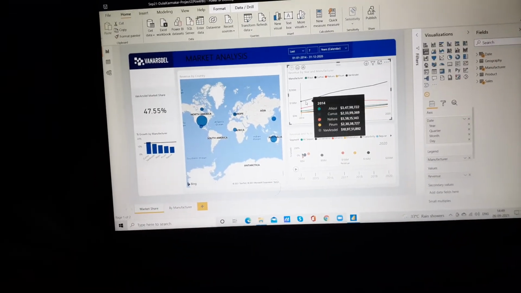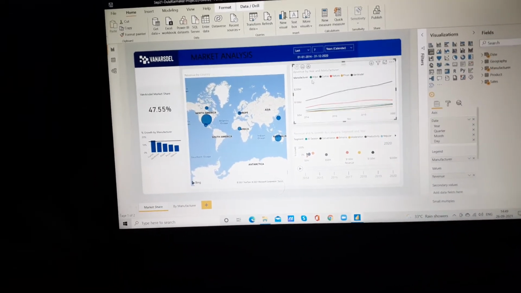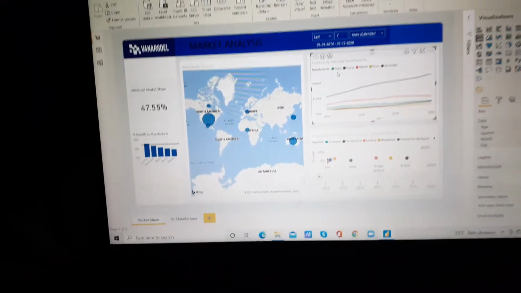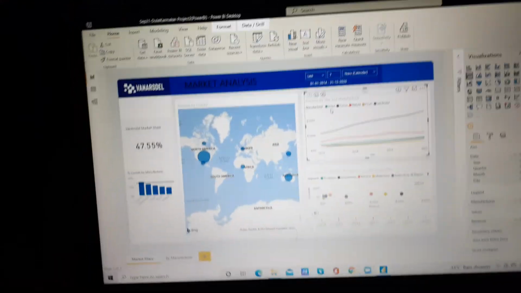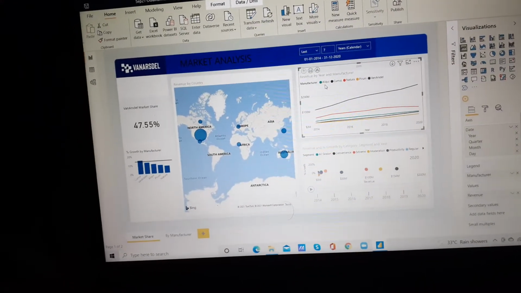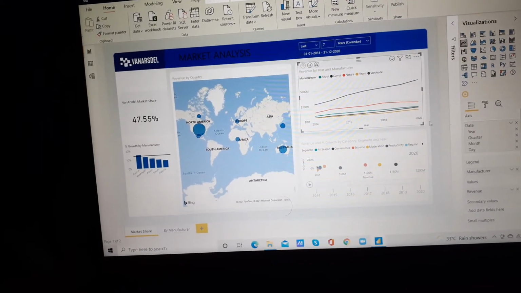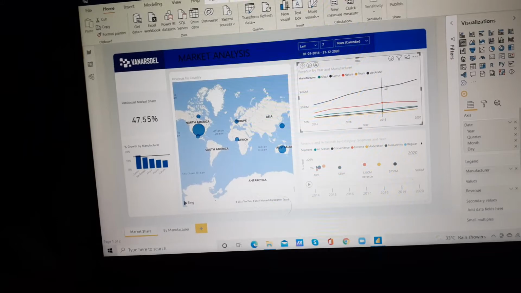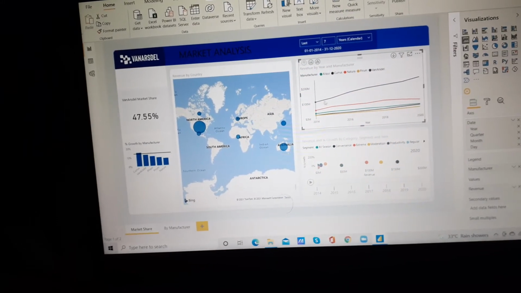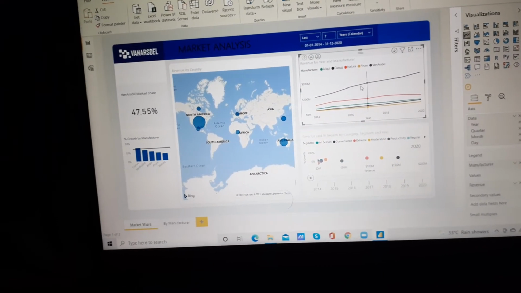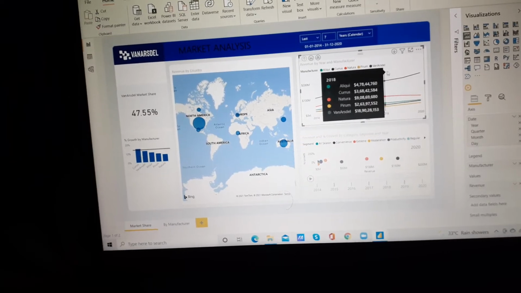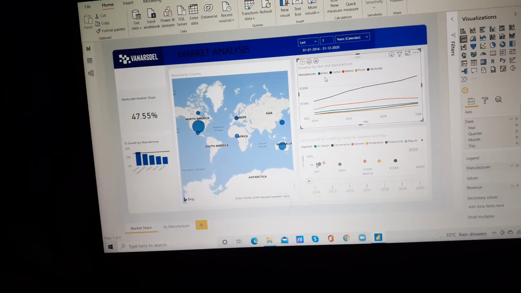In this line chart, it is showing the revenue by year and manufacturer. As we can see, from 2014 to 2020, these are the actual yearly revenues of the 5 manufacturing companies.